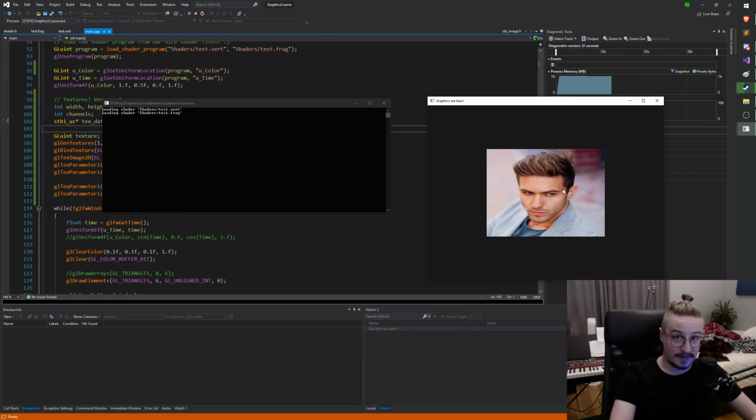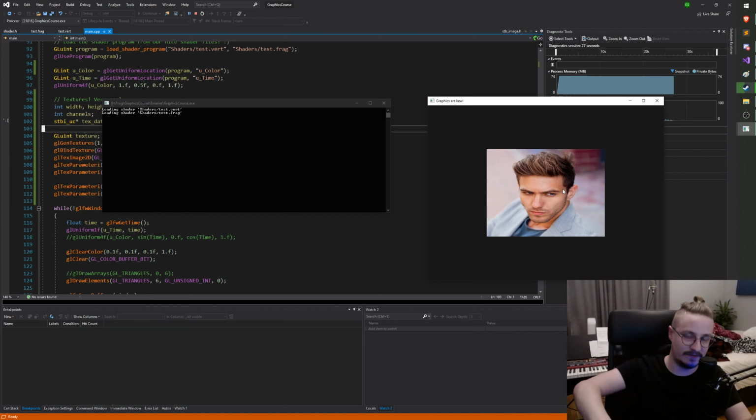The UV coordinate system does not care at all about the size of the image. It doesn't take into account what if the image is some sort of weird aspect ratio. It assumes that the picture is a square. It will just sample all the pixels from the top left to the bottom right corner, regardless. And also drawing it out, we're just drawing a square. Well, it's a rectangle, but